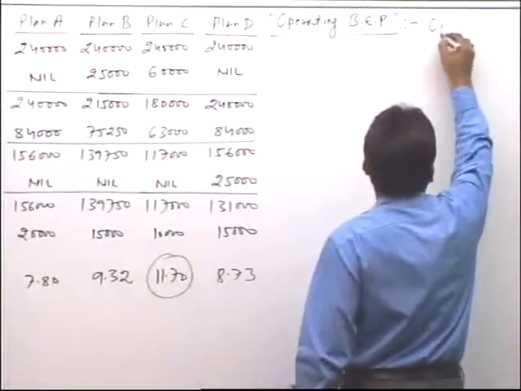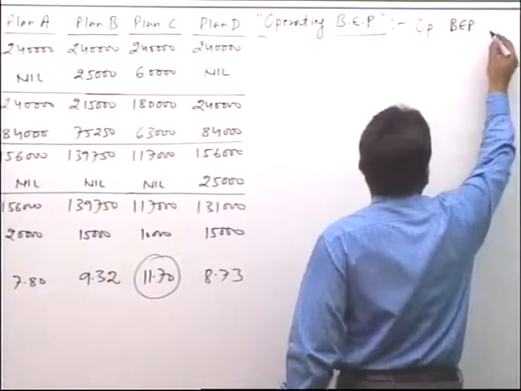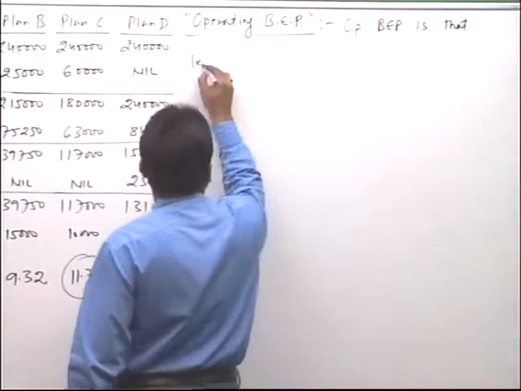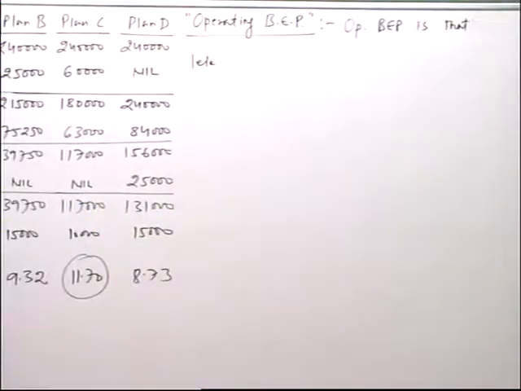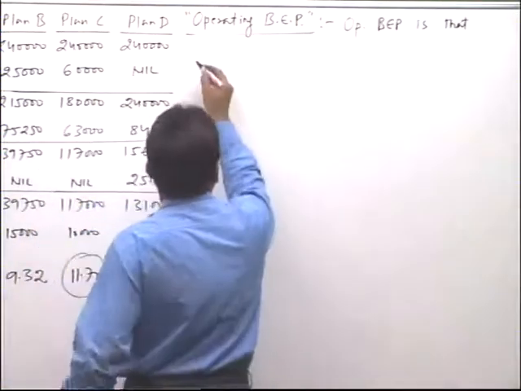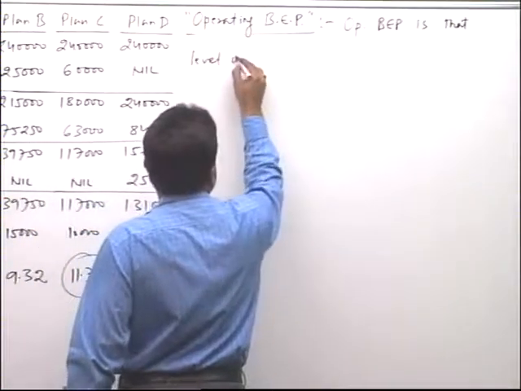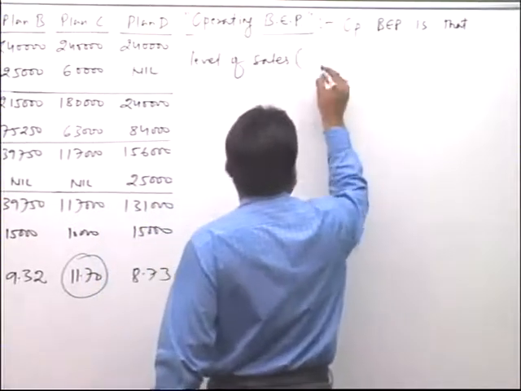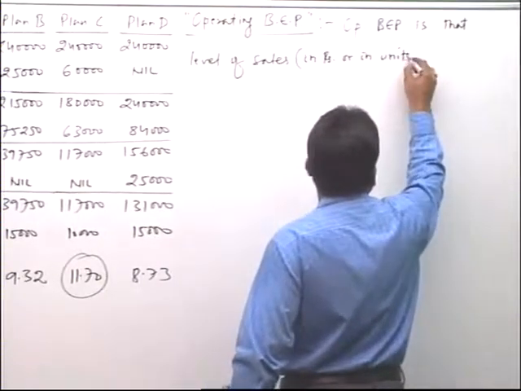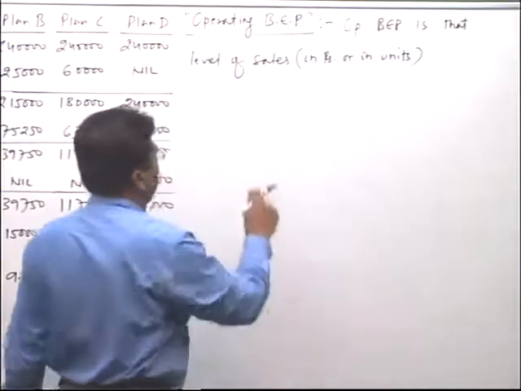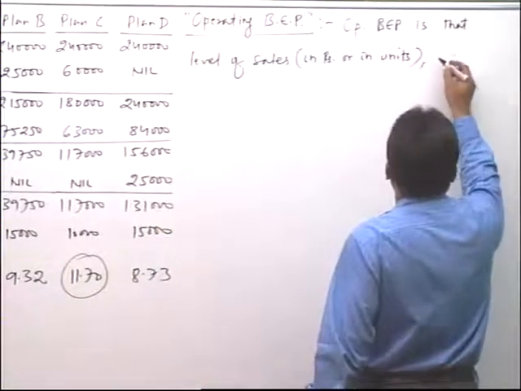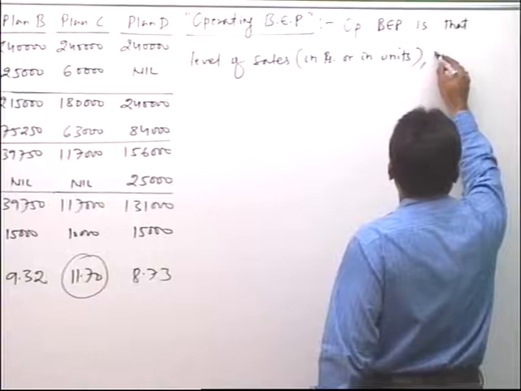Operating BEP or break-even point is that level of sales. Sales means either sales in rupees or sales in units. Operating BEP is that level of sales where